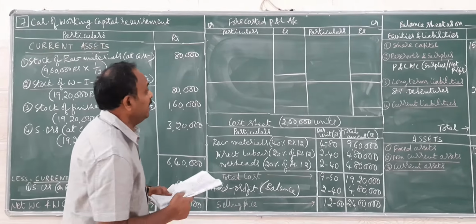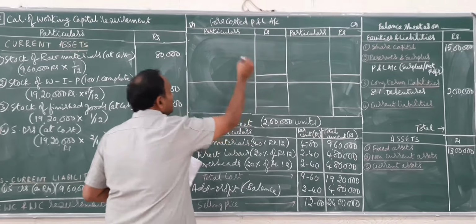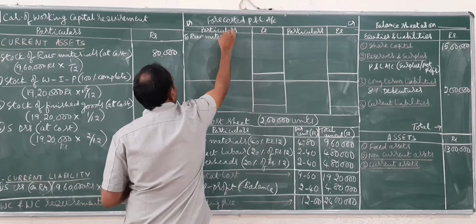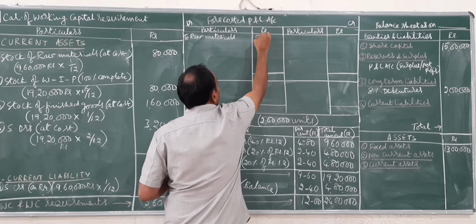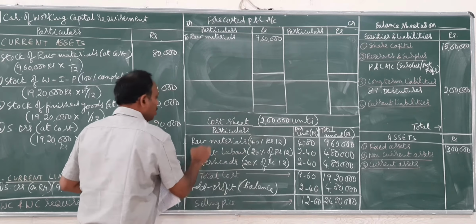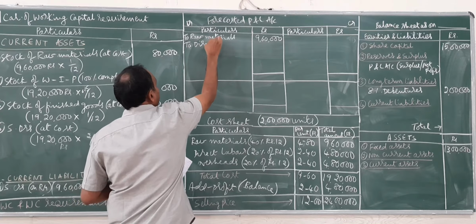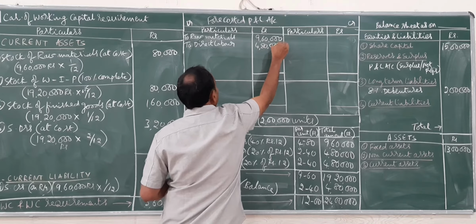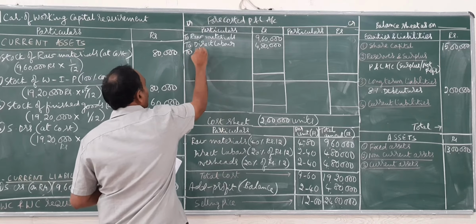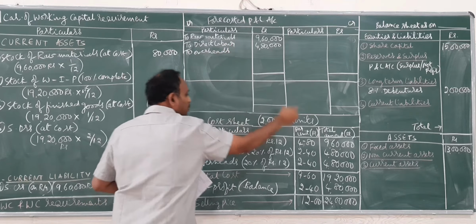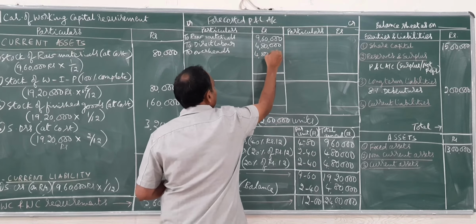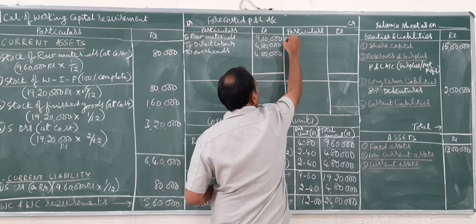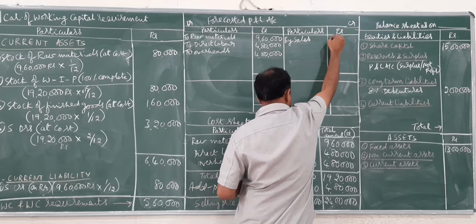Here we have to take the total raw materials used in the business for 1 year, or whatever time period is given. So to raw materials, 9,60,000. To direct labor, all expenses on the debit side of trading or P&L account, 4,80,000. To overheads, that is other expenses, production expenses, 4,80,000. So all the three elements. Then we have to take the total sales as 24 lakhs on the credit side of the P&L account.